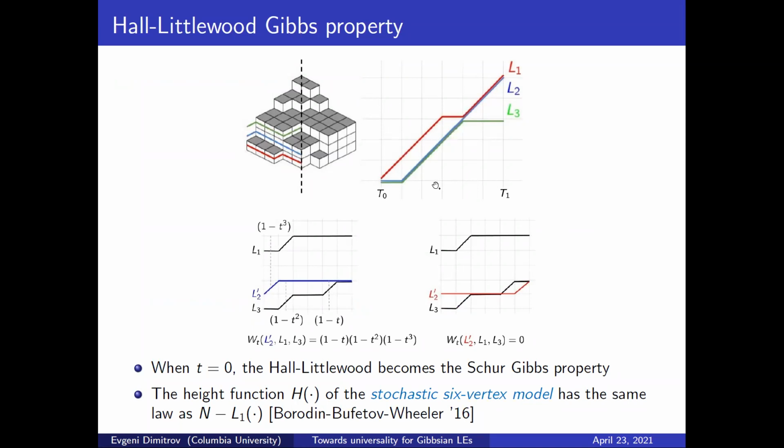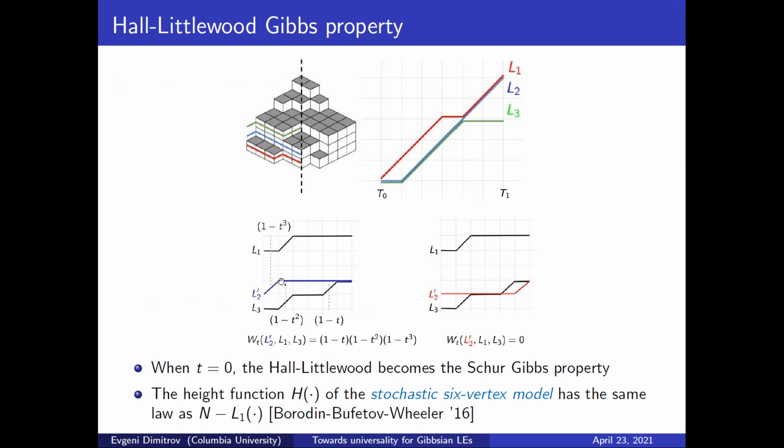What is the Gibbs property? If you take the geometric interpretation that they gave you on the previous slide and interpret it in terms of the lines, basically what you get is the following Gibbs property. I'm just going to explain it using the second curve. I'm going to fix the first and third curve and tell you what the conditional distribution of the second one is, but the same works for the other lines as well.